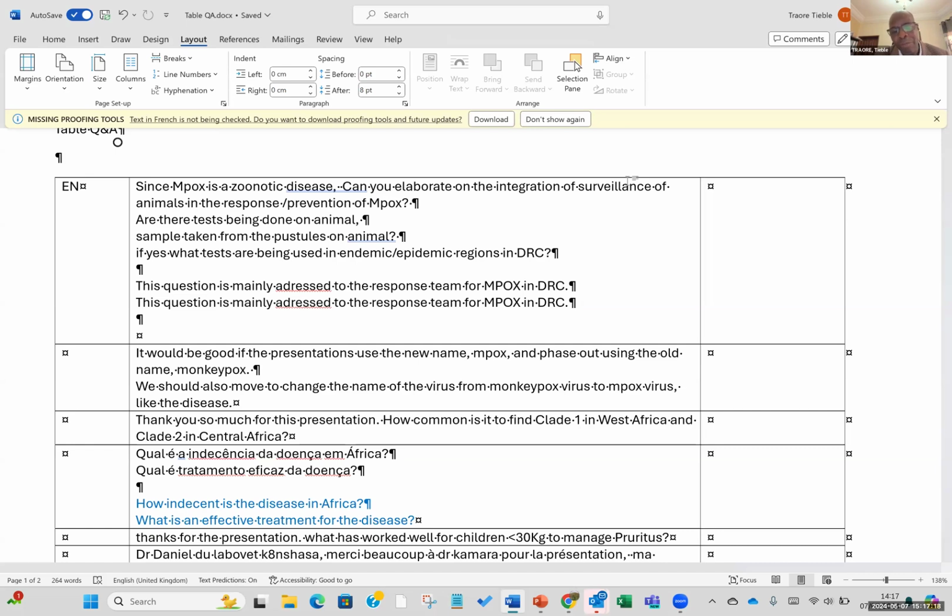I think DRC is already setting a good example in terms of decentralizing the national One Health platform to the lower level. I think you covered it very well, and the challenge will always be there, but